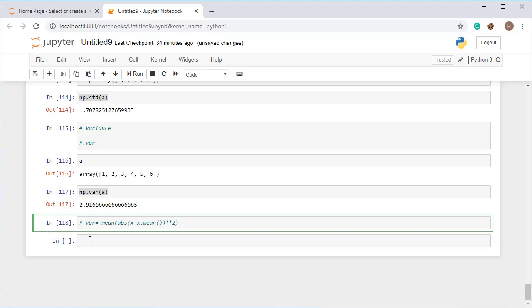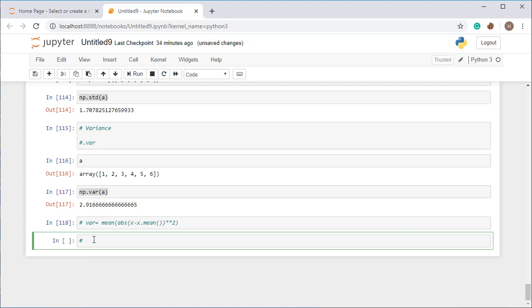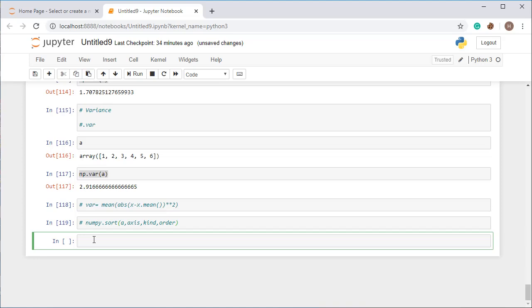For sorting a numpy array we can use this syntax: numpy.sort and then pass the array name, then the axis along which you want to sort, then the kind, meaning which kind of sorting you want, and then order, meaning in which order you want your array. In kind you can set your own definition, but by default it is set to quicksort. In order you can set the sorted field.